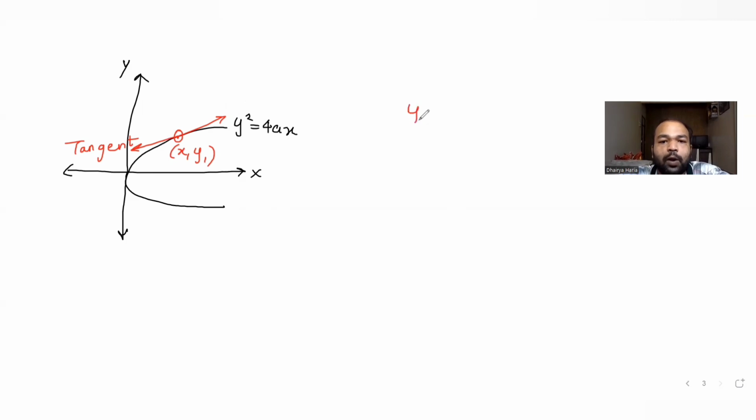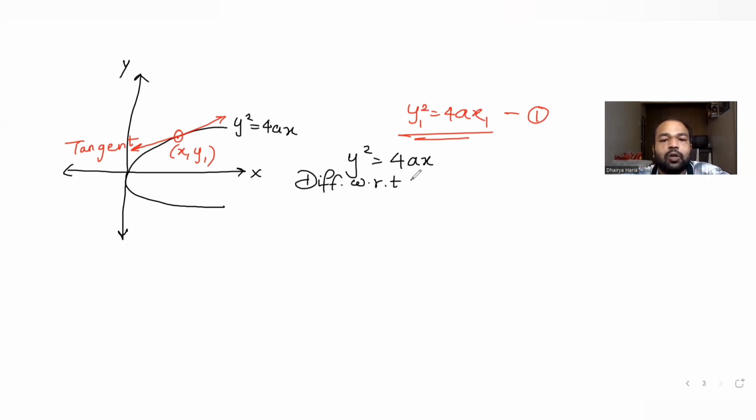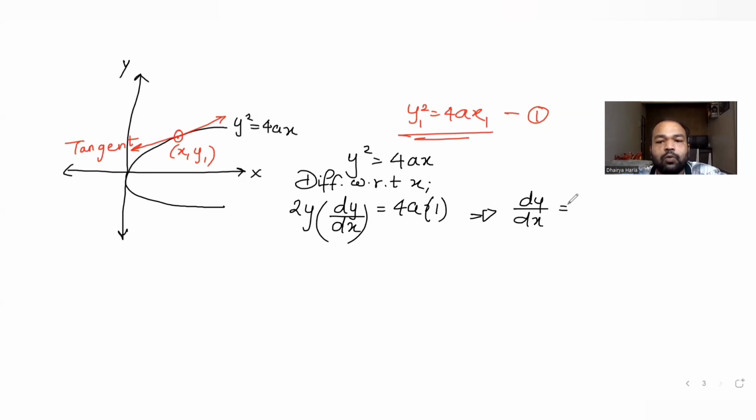You get that as y1 square is equal to 4ax1. This is, let's say, equation one. Now, once I have the equation of the parabola with me, y square equal to 4ax, if I differentiate it with respect to x to find the slope of the tangent, what I will get here is dy by dx. So y square's differentiation is 2y, so 2y dy by dx is equal to 4a into the derivative of x, that is 1. So you get here dy by dx is equal to 4a upon 2y,